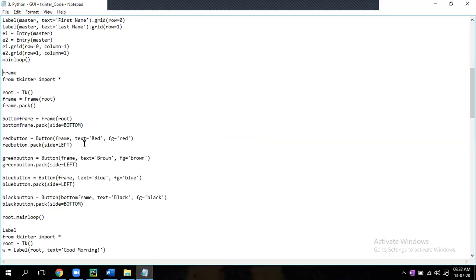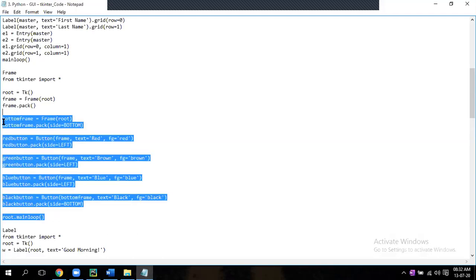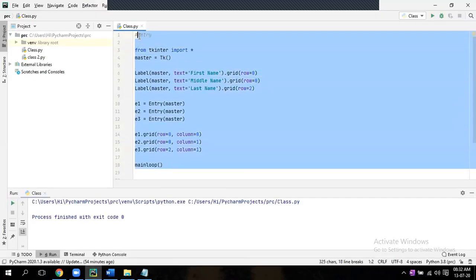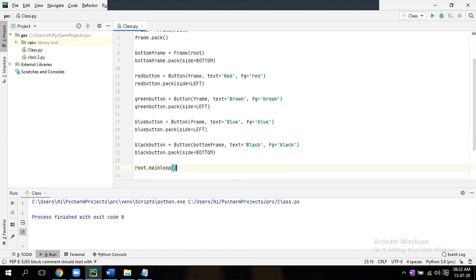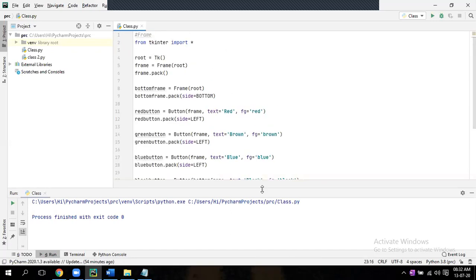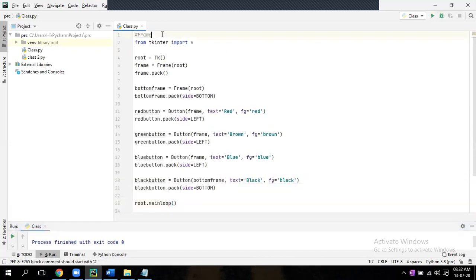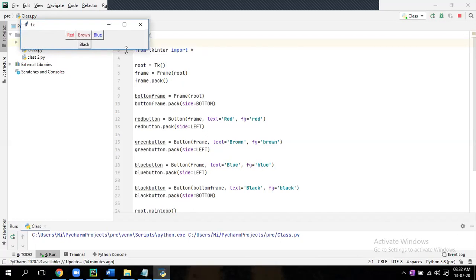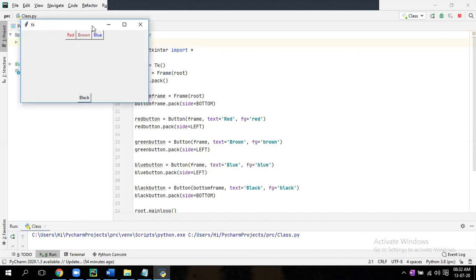Now go to the frame. Run it. So this is nothing but multiple buttons.